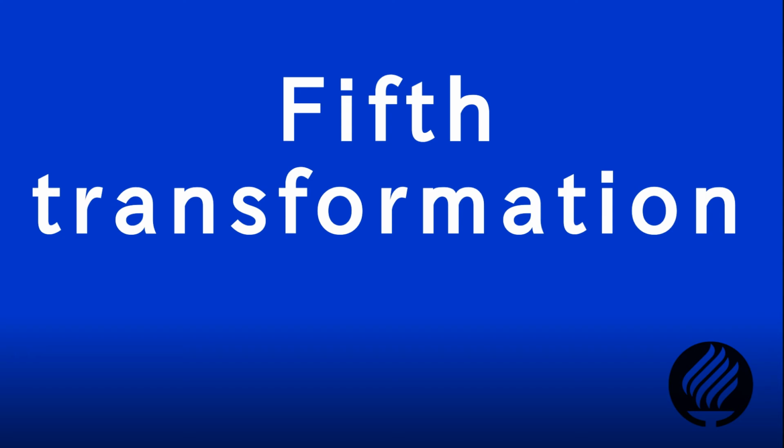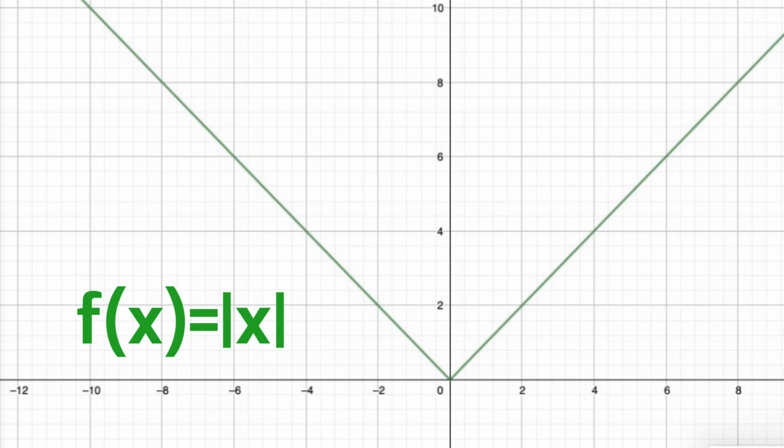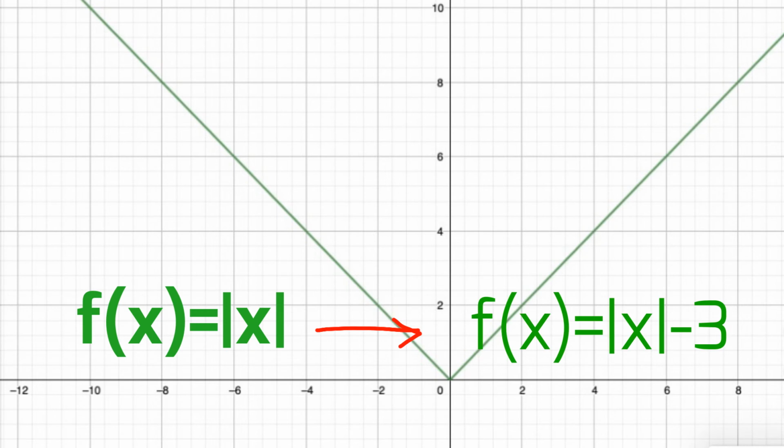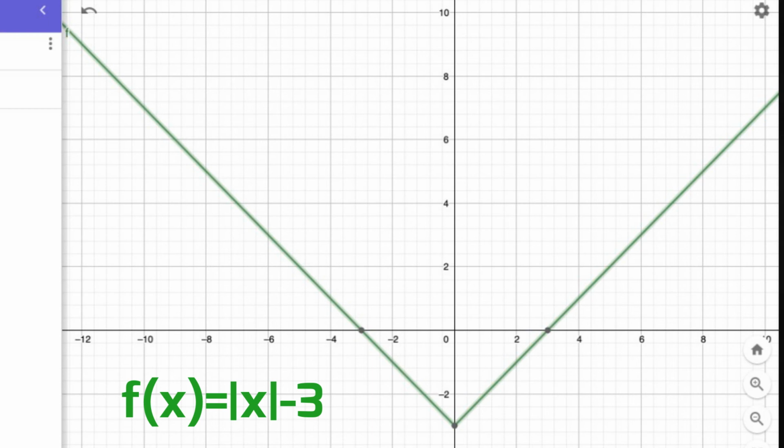Now, for the fifth transformation, to make our function move along the x-axis, what we have to do is modify our equation again as follows. In this way, we can see that our function stays on the same line of the y-axis but changes on the x-axis. Here we can notice how it has moved to the minus 2 line of the x-axis. To make our function move to the opposite side of the graph,